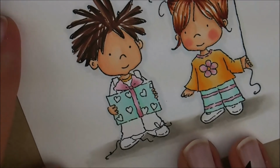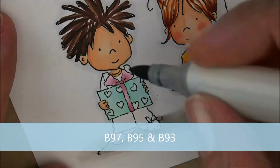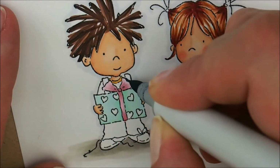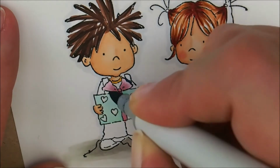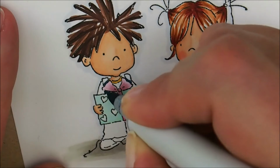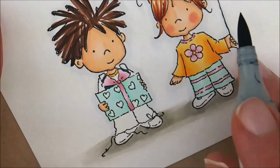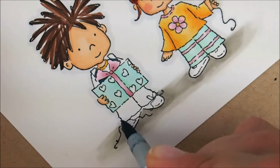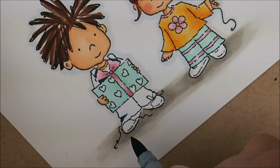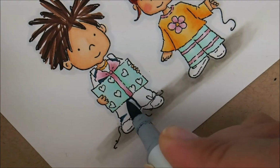Let's move over here and do his pants now, and for that we're going to use BG97, 95, and 93. We're going to start with our 97, and let's give each one of these cute little suspenders, or these overalls, a little dab on top of the bow. And in between the bow right here, I'm just going to fill that in. It's such a little dinky area. And then for his pants, it kind of bumps in right here, so I'm going to give that a little bit of a shadow, like this. And then of course we're going to go down the middle of his pants. And I'm going to go underneath the package,